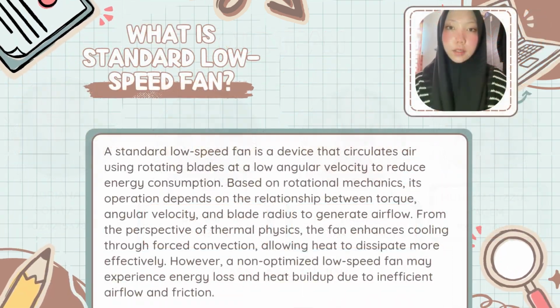A standard low-speed fan is a device that circulates air using rotational blades at a low angular velocity to reduce energy consumption. Based on rotational mechanics, its operation depends on the relationship between torque, angular velocity, and the blade radius to generate airflow. From the perspective of thermophysics, the fan enhances cooling through forced convection, allowing the heat to dissipate